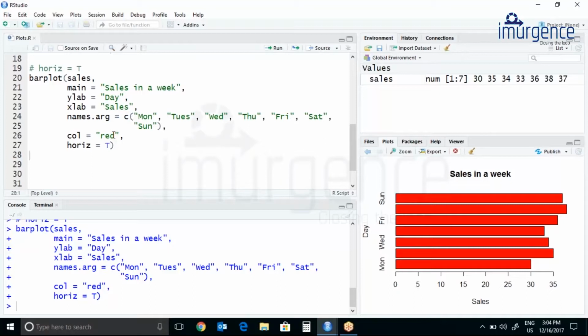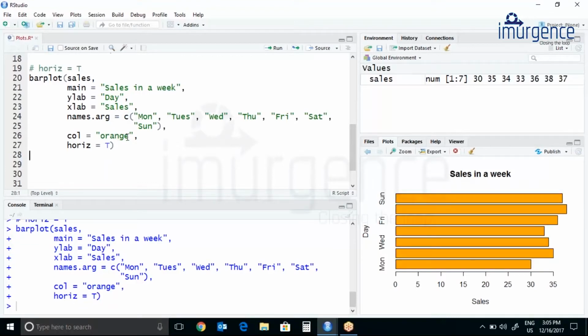And if you don't like this red color, you can change the color. We have n number of colors in R. So you can change that into orange. Then we have tomato. Then I think there must be some color like cyan. Let's see. I don't know all the names of the colors. If there is a color which is not available, then I don't think it will plot.